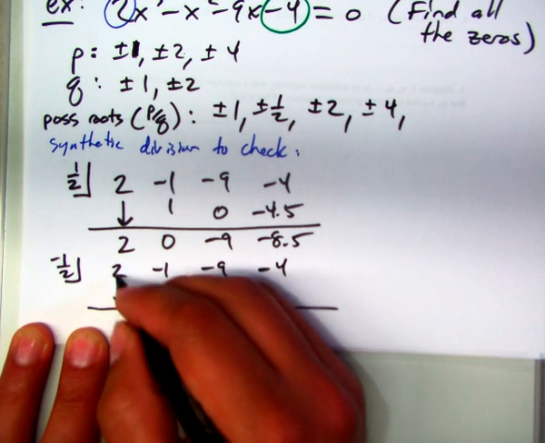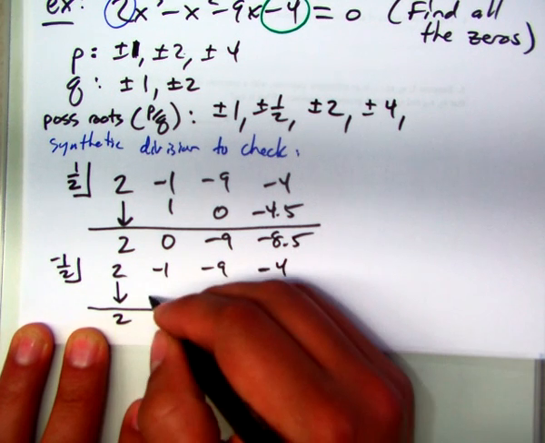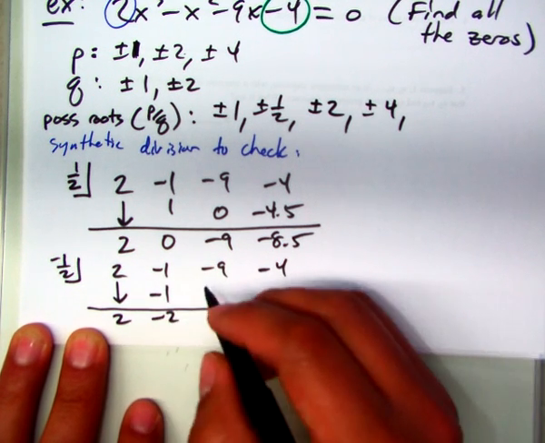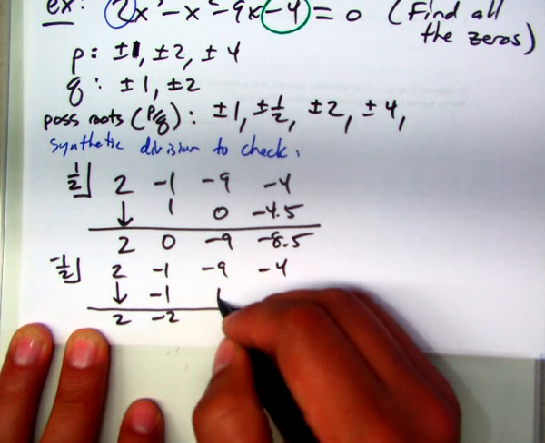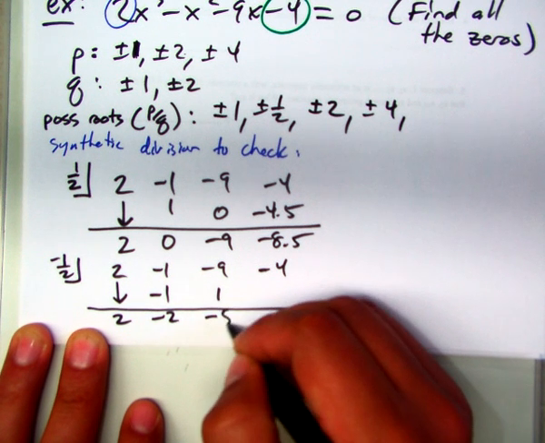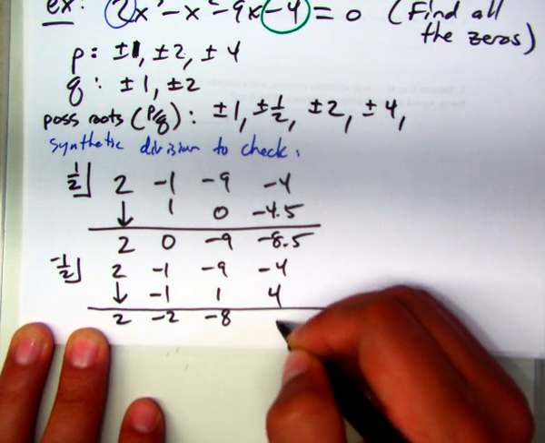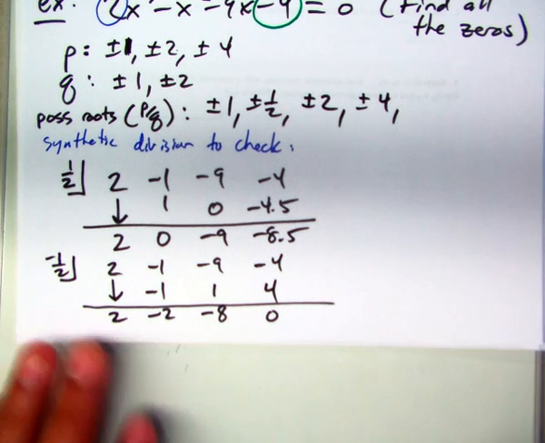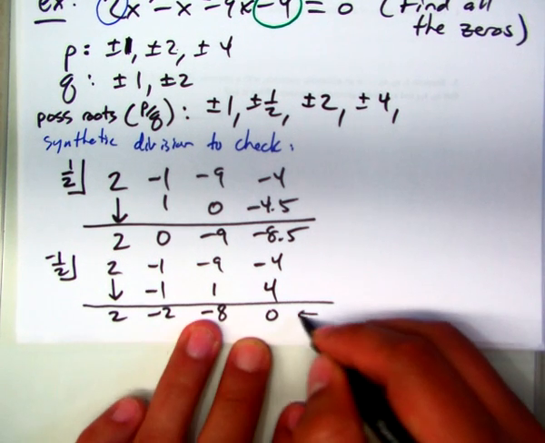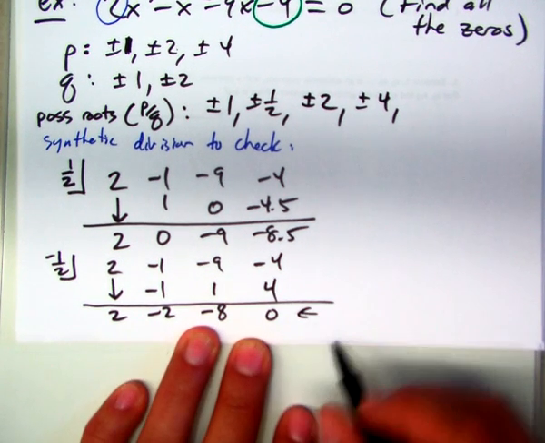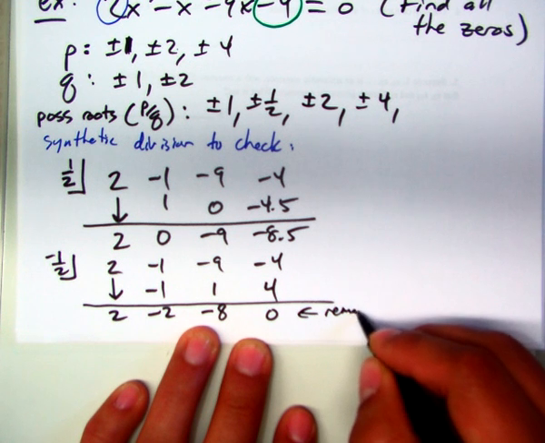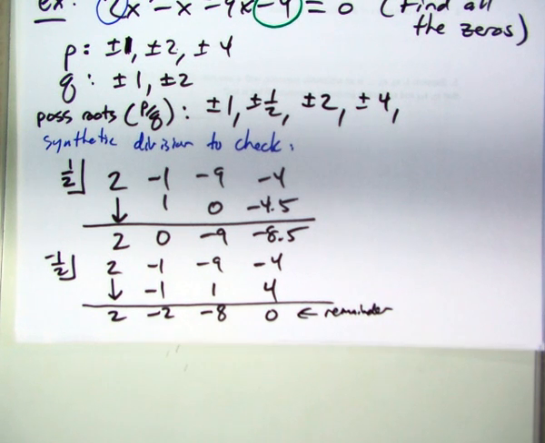2 times -1/2 is -1. Add them up, -2. Multiply, you get 1. Add, you get -8. And you get 4. When you add, you get 0. Okay, so remember, this means that there's a remainder of 0, which then means that whatever we have here is